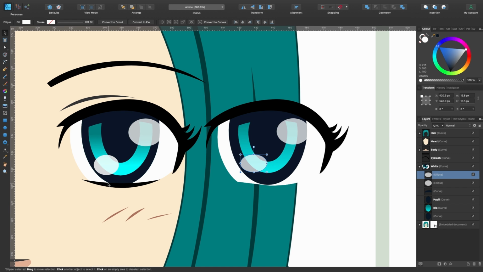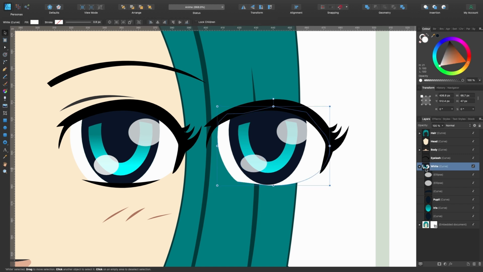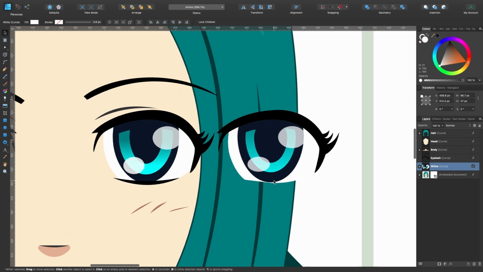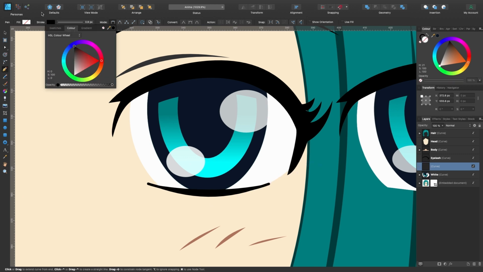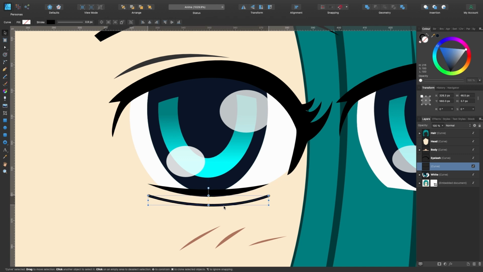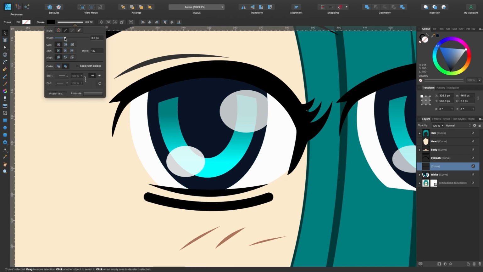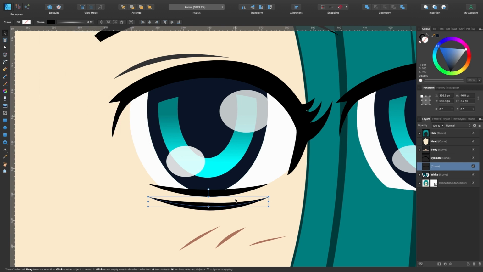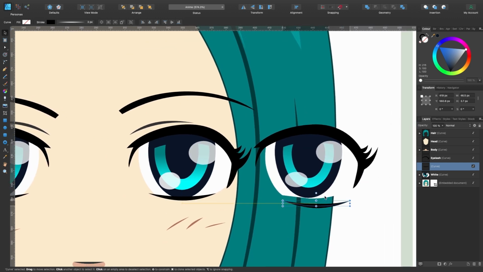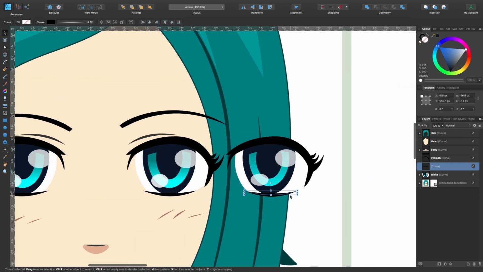I just need to copy this bit here. So what I'm going to do, just going to click on the eye here, the white bit of the eye. So when we create our new layer, it will be above the eye. So it should hide that messy section down here. So I'll grab the pen tool. I will copy where these points are ending and go up to the stroke, make it black, click V, the move tool, actually, so we can see, get the thickness we want, somewhere like that. And again, go down to pressure, click in the middle, drag down, that's the same. And now we can just move that across to the side there. Yeah, that's hiding that messy section there.